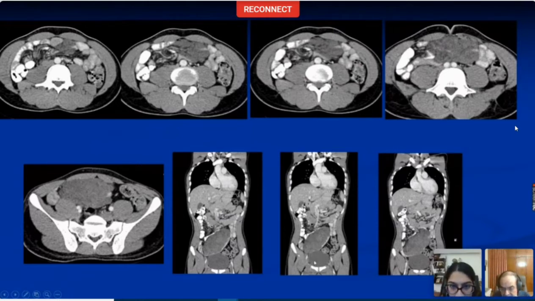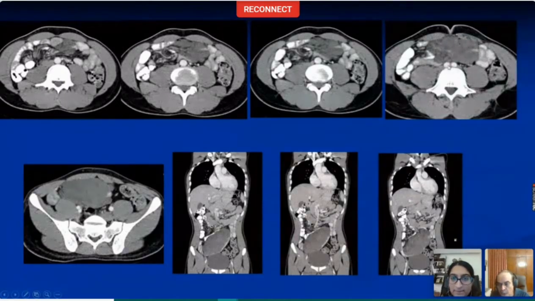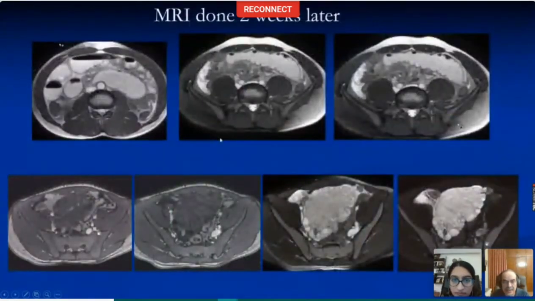Is my cursor visible, incidentally? Yes, sir. Now it's visible. Okay. So that's the urinary bladder. That's the lesion here, closely located to bowel loops. And cranial to this, there is some sort of a peculiar swirl of blood vessels. We were not sure what was the nature of this mass. It was obviously intraperitoneal. It was closely related to the small bowel, was not causing displacement of any of the retroperitoneal structures. And we went ahead and did an MR.